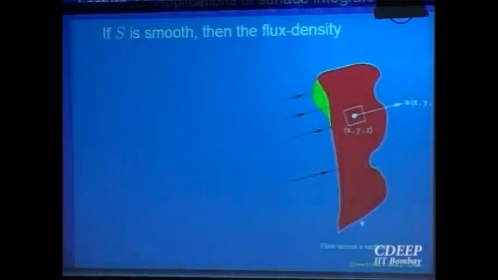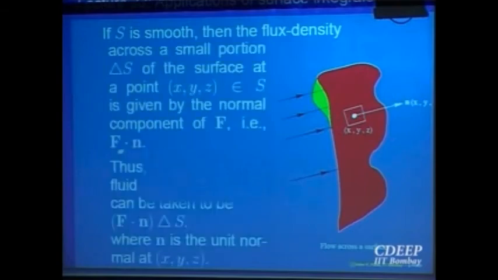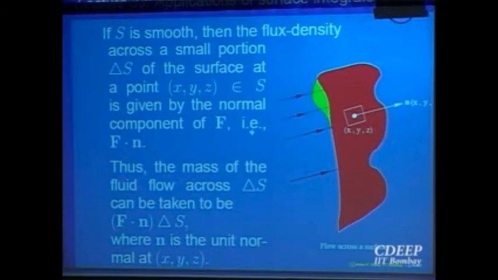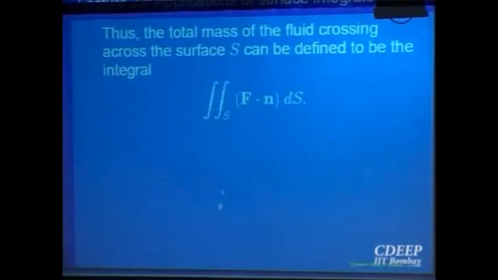So this is a surface, and you take a small piece, the fluid is flowing, and this is the direction n. So for a small piece, F dot n is the component of the flux which is going outside, times dS, and the total should be defined as that. So physically, intuitively, the flux should be defined as the integral of F dot n dS, right? Now a physical problem has come. Now comes the mathematics. Is this integral defined?